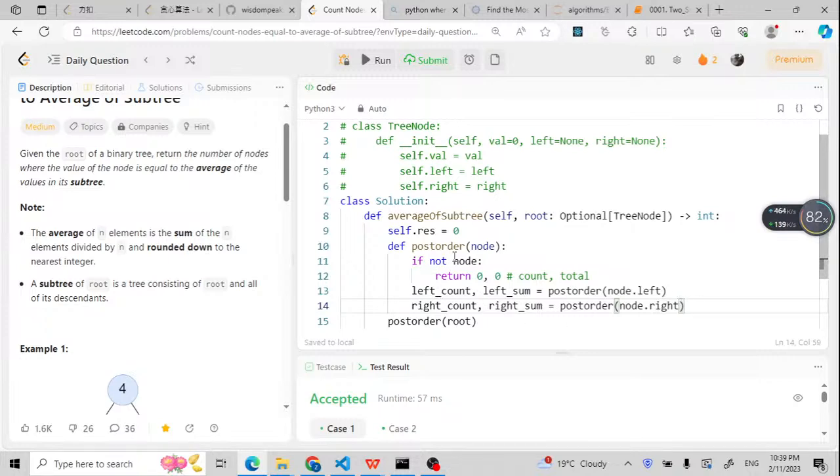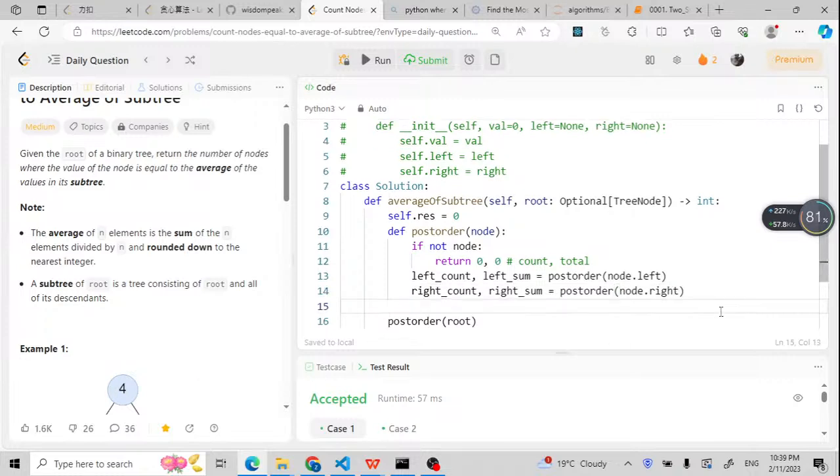And how can we calculate the result for this node 4? We need to have a check. So if node.val, currently the value is 4, equals the total sum. The total sum would be the left sum plus the right sum, and we also need to add this value, because the left sum and the right sum are both 0, but we need to add node dot value. Then we need to divide it, rounding down, by the number of nodes. And how many nodes? It is left count